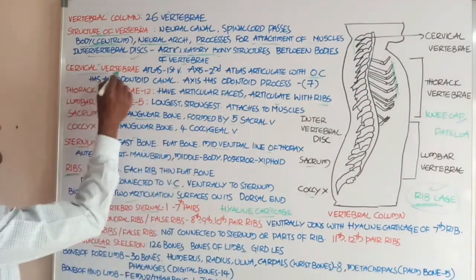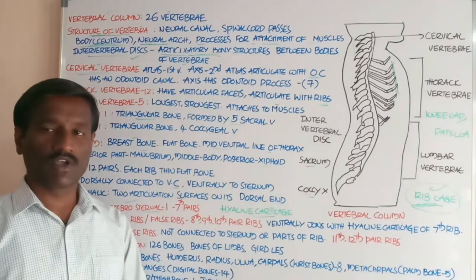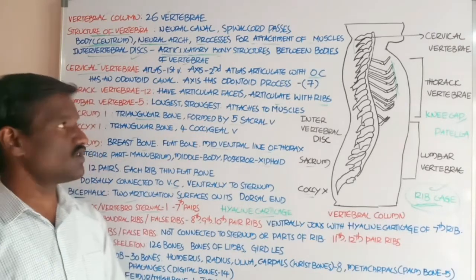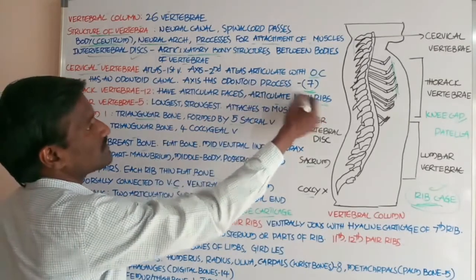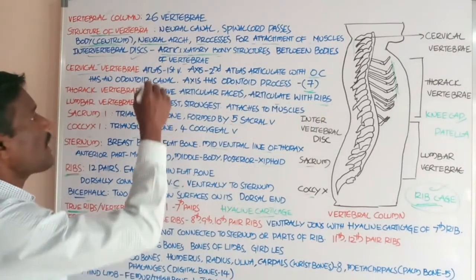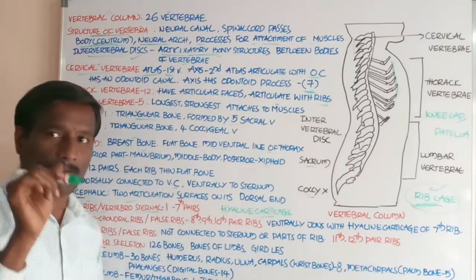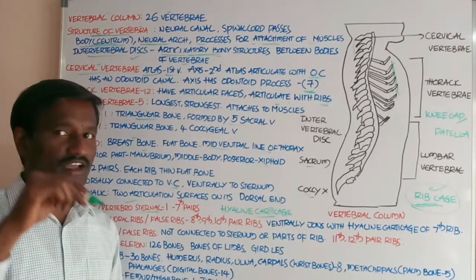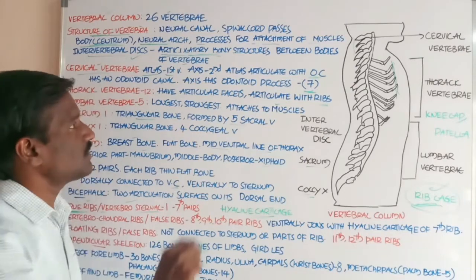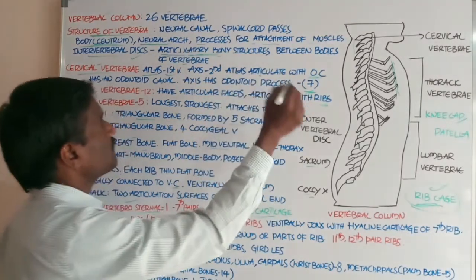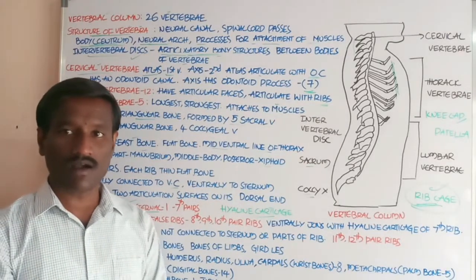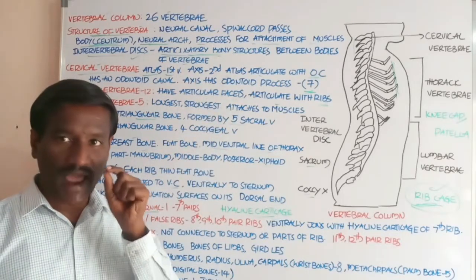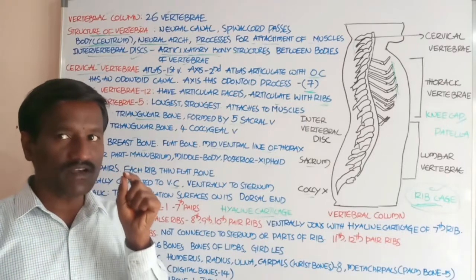Okay, student, now cervical vertebrae. These are the first vertebrae, present in the neck region below the skull. Cervical vertebrae are 7 in number. Atlas is the first vertebra in the vertebral column, and the second vertebra is the axis. Atlas articulates with the occipital condyles. If you observe, the atlas has two